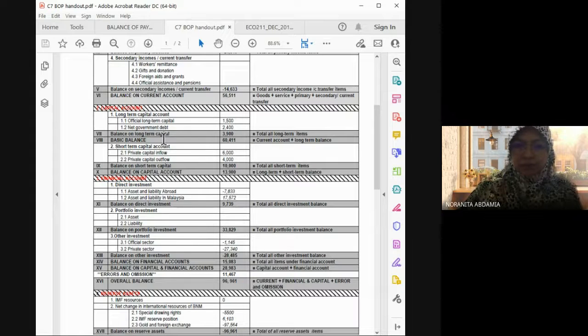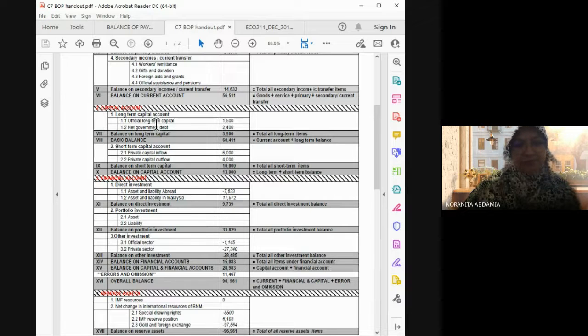Okay, after that sub account under this capital account, there's a short term and short term capital account. There's a private capital inflow and the outflow. Same goes for this sub account. How to get this? Just total all the short term item, then you get an answer. And there is a balance on the capital account. So of course, the balance of capital account we have to plus all the sub account under this capital, which is long term plus dengan short term. So dapatlah yang ni. Okay, cumanya under capital account ni tiba-tiba tertengah ni aja ada satu formula which is basic balance. Alright.